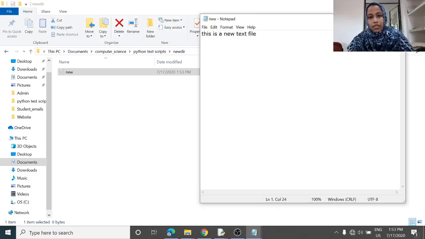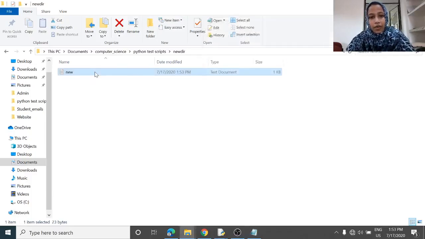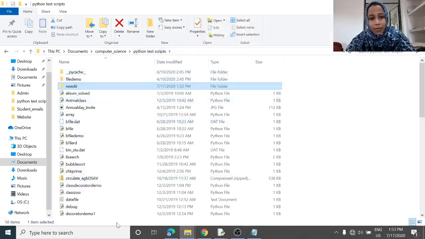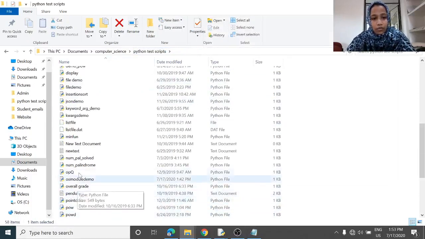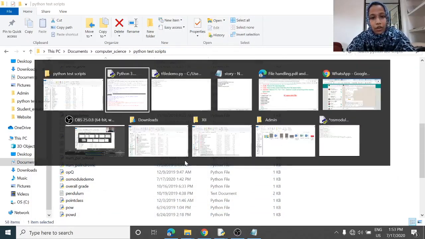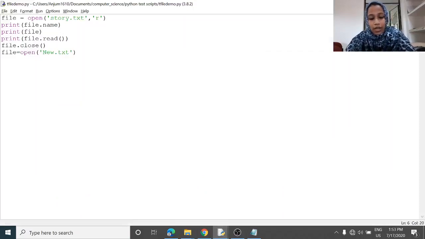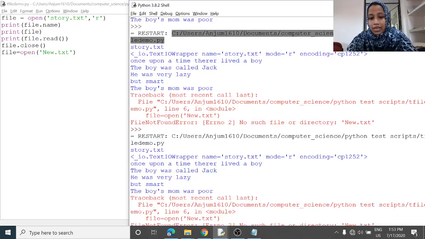I am saving this. A new.txt file has been created, and it is within the Python test scripts folder, which is where my file demo is running. Now again, if I run, still I am getting the error.